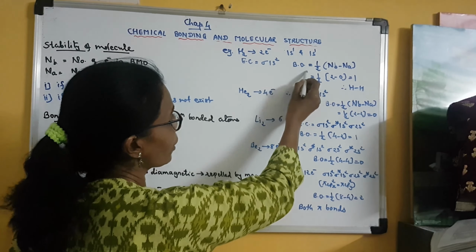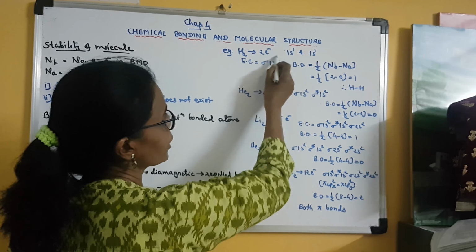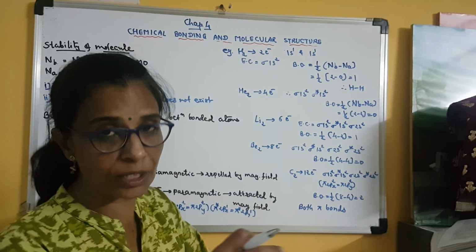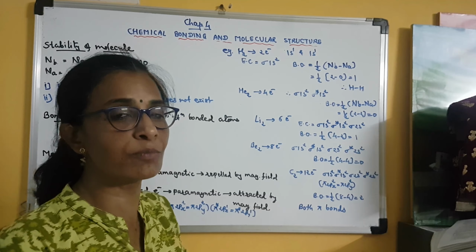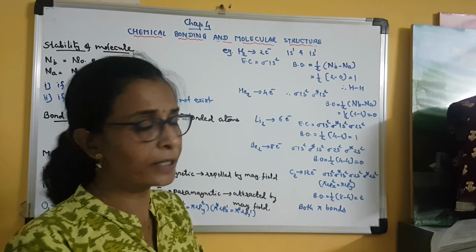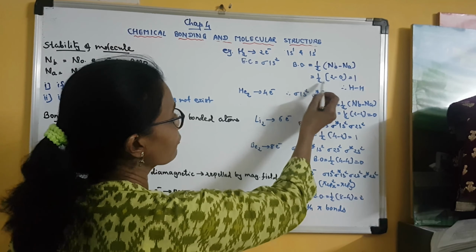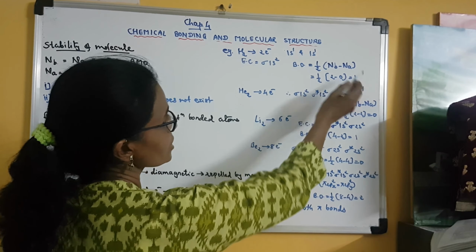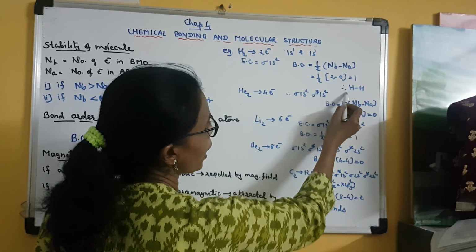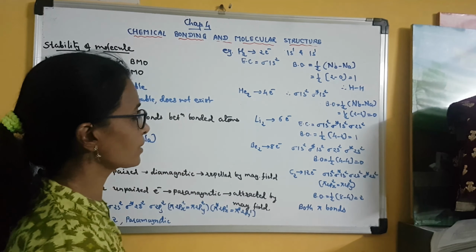Clear? So now the bond order is equal to half of Nb minus Na. Nb means the number of electrons present in bonding orbitals. Here in case of H2, there is no anti-bonding orbital in which an electron is present. Of course, the anti-bonding sigma star 1s orbital is there, but there is no electron present in it. Clear? And that is why here we can say that anti-bonding electrons are 0. So half into 2 minus 0. So it is equal to 1. Bond order 1 means in the H2 molecule between two hydrogen atoms there is a single covalent bond. Clear? Now let us take the other example.